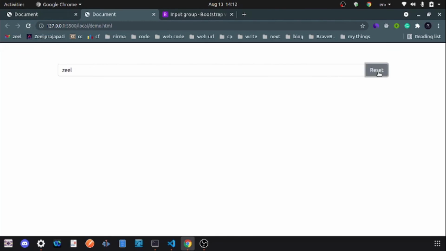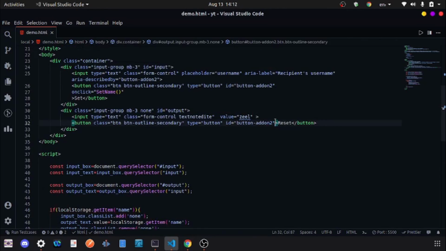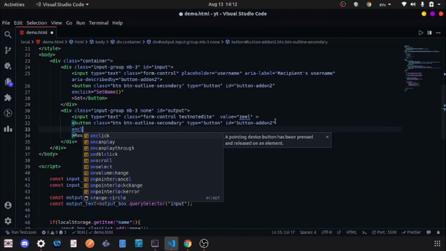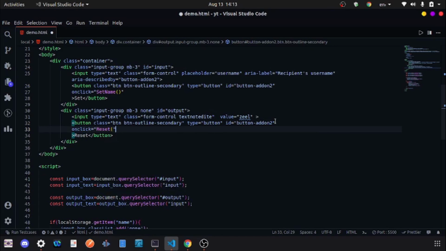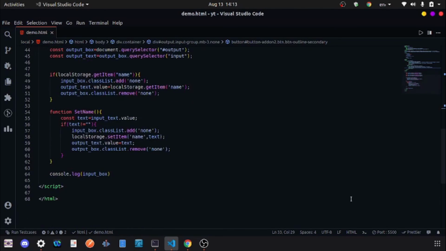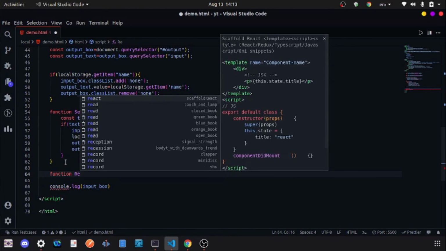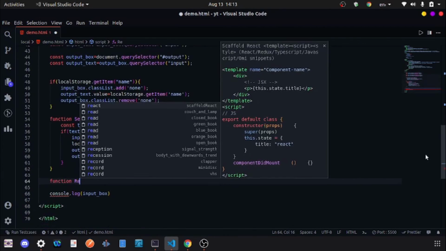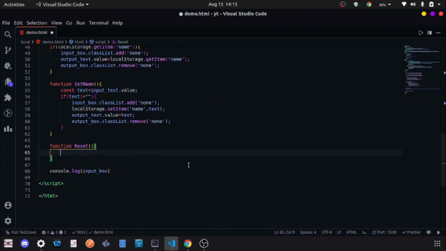And the functionality of reset, I think you can do now on your own. But let's say I'm finishing it because it is very easy. So we are going to do the opposite of this. On one click, call the function reset, and in the function reset, it's like the user is logged out.